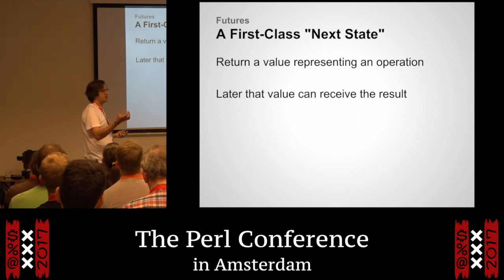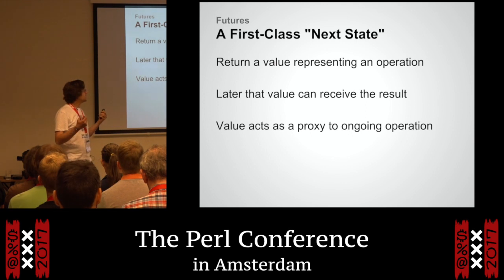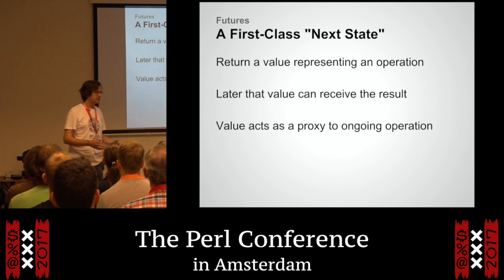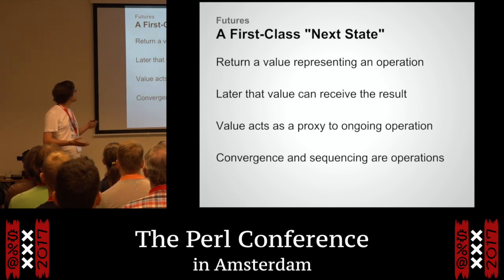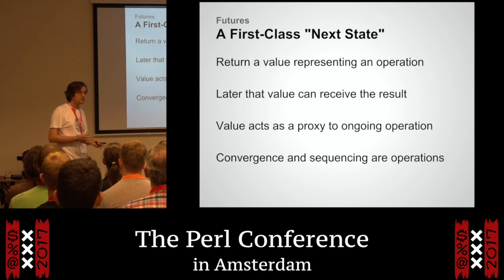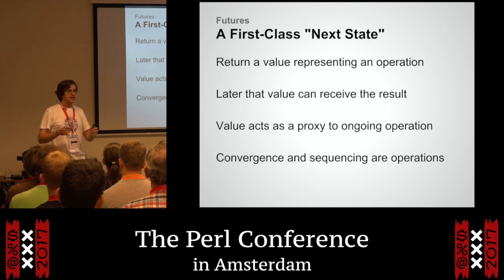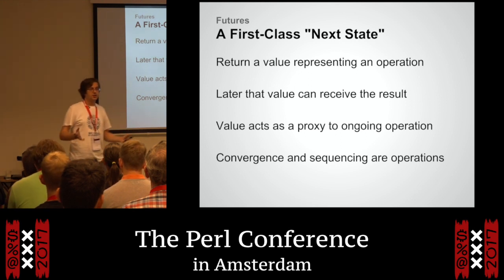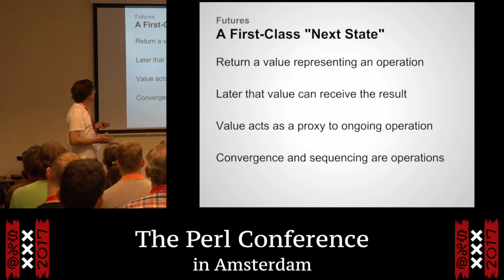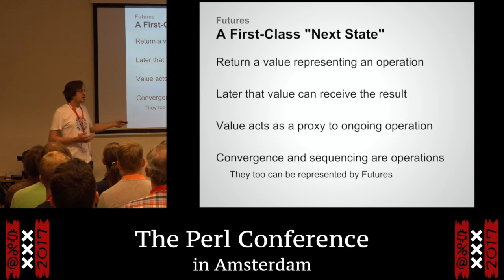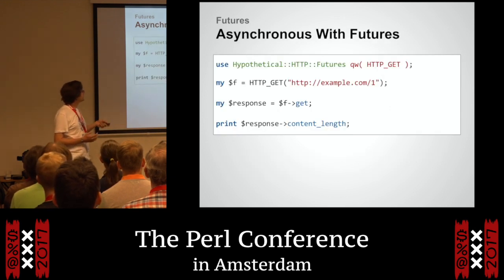And so because we've now got this value that we can work on, we have this proxy to an operation that is in progress. We have something that we can talk about, which means because we have this value, we can combine multiple values up to make a new value. So the concept of waiting for that thing and that thing and that thing to all be ready is itself an ongoing operation that will at some point be finished. So we have this idea that we can converge by just making another future. And so suddenly convergence looks much simpler.